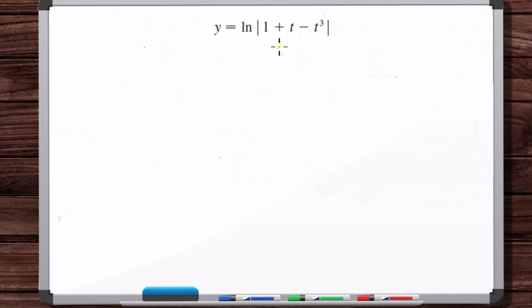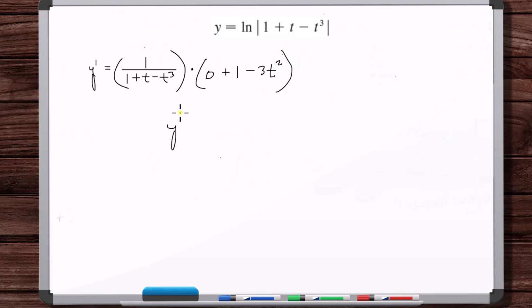So, okay, y prime, we need to use the chain rule. So the derivative of the natural log of the absolute value of something is just 1 over that something, and just remove the absolute value, but then times the derivative of that something. So the derivative of 1 plus t minus t cubed is 0 plus 1 minus 3t squared. So y prime is